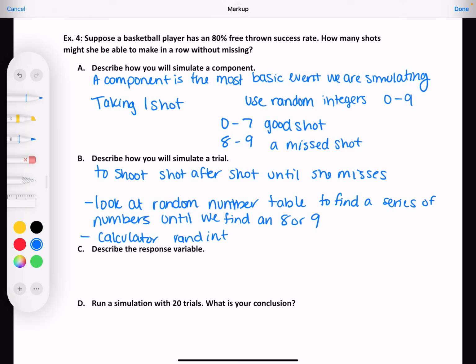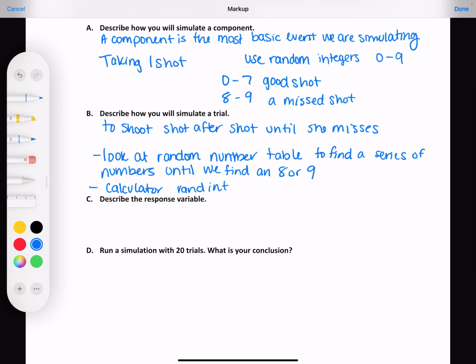So the minimum would be 0, maximum would be 9, and then what would we use as the inside? 20? For the random integer thing. Are we doing the thing that we just did with the probability thing on the calculator? Oh, it'll be the numbers 0 through 9 with 1 shot per thing. Are we going to the apps part to do it? Like we did, or is it the math thing? No, we'll keep using the random integer thing.